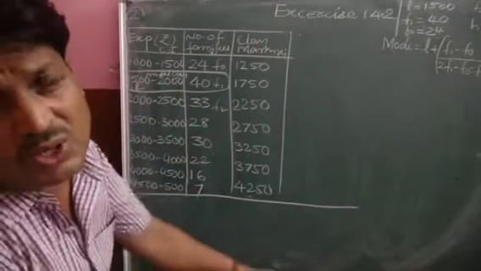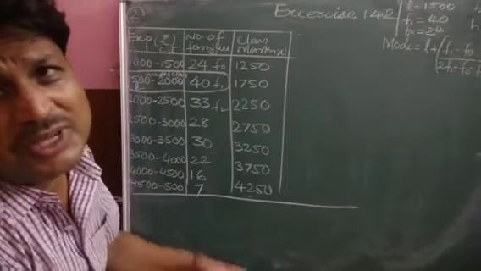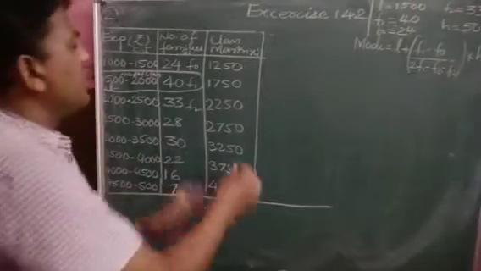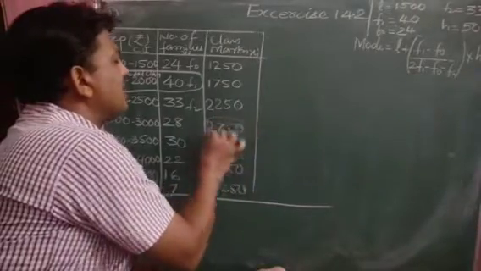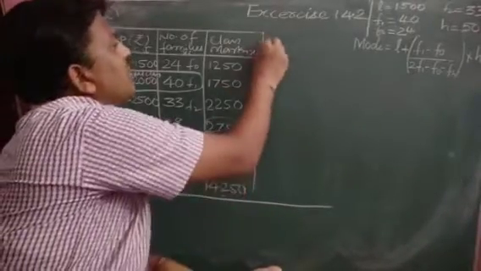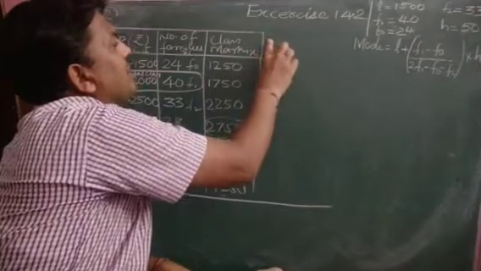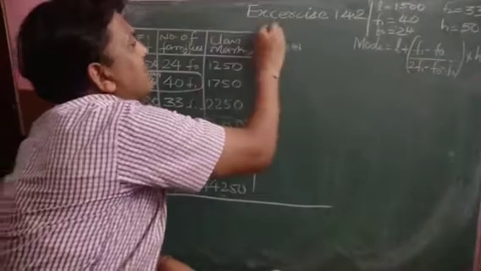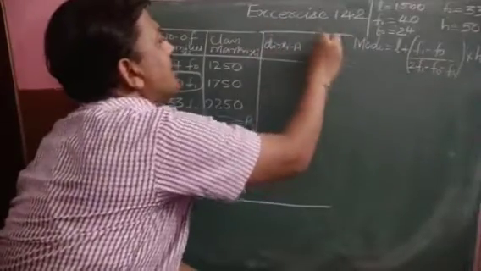So which method do you want to go with? Next method, you have the step deviation method, and the assumed mean method. Okay, for assumed mean, let me take this as A. So what you have to find out, children? DI. DI is equal to XI minus A, children. XI minus A.